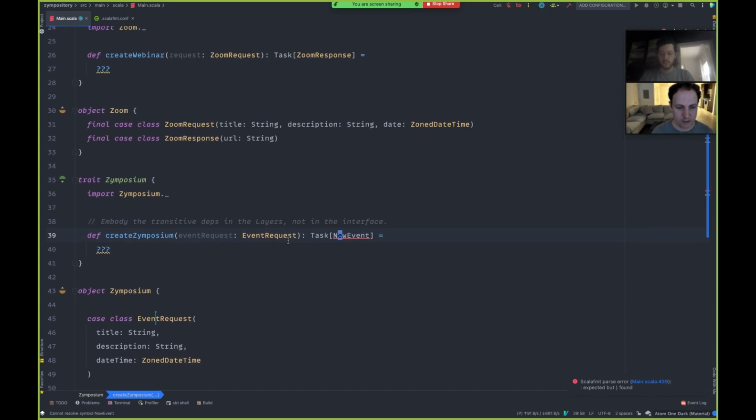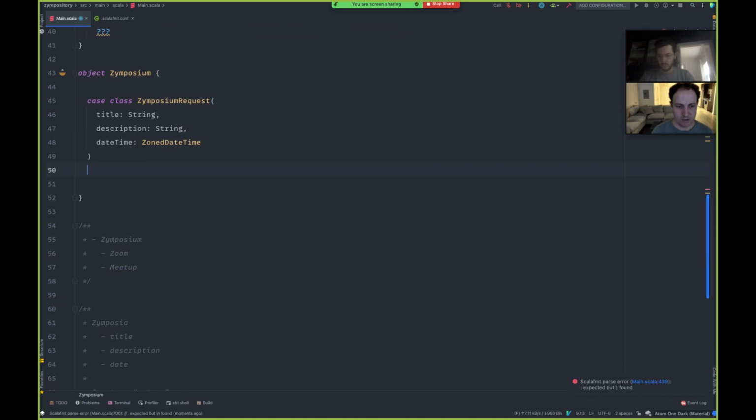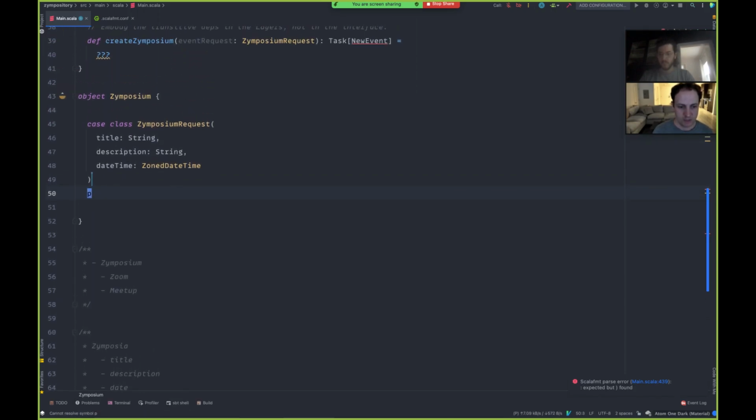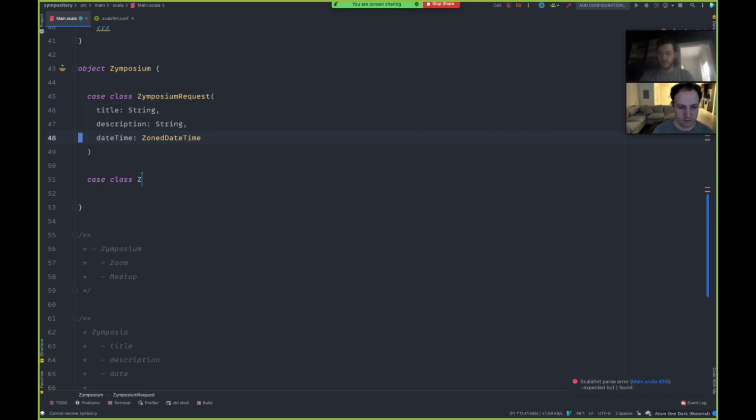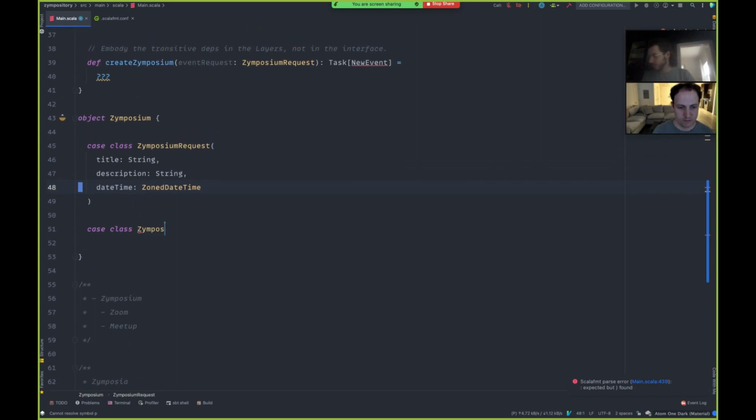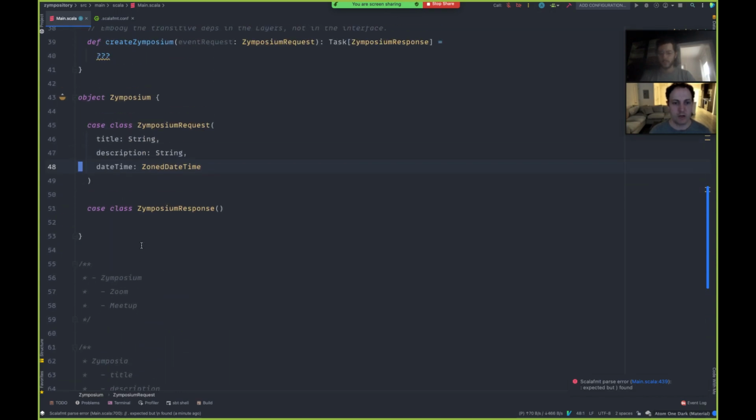And here we can even call this a symposium request, and then have some new case classes for a symposium response, that had all the data that we cared about there. Now these things are more disconnected, and it'll be the responsibility of the symposium service to map between these two different data models as well as its own data model.